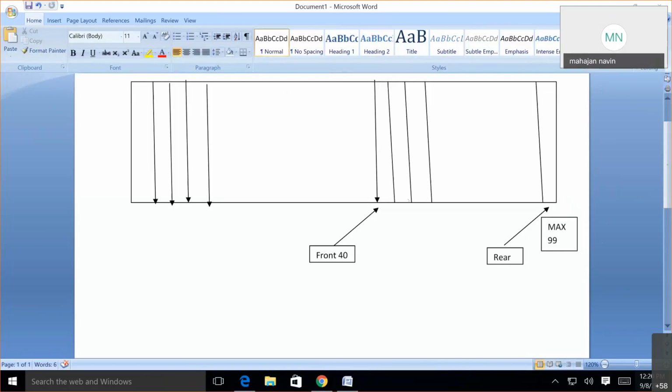Okay. Now take an example. This is a linear queue. My front is pointing here, and rear is pointing to the last element. Now, can I insert some more elements? No, sir. Why not? Sir, because rear has reached the maximum size and it is static, so we cannot insert. But still, I have some space here. I have removed 40 elements. But sir, if rear is pointing at max, we can't insert.